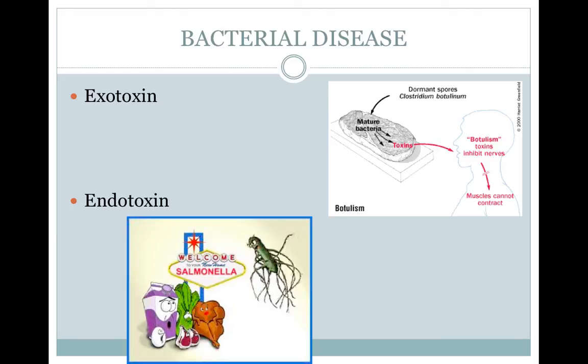This causes the very deadly food poison botulism. 1 teaspoon of botulism toxin can kill 1 million people. It is usually found in food that has spoiled, especially canned foods. Endotoxins are contained in the outer membrane of the bacteria. You must ingest the bacteria in order to get sick. And Salmonella food poisoning, which we often get from dairy products, is another example.